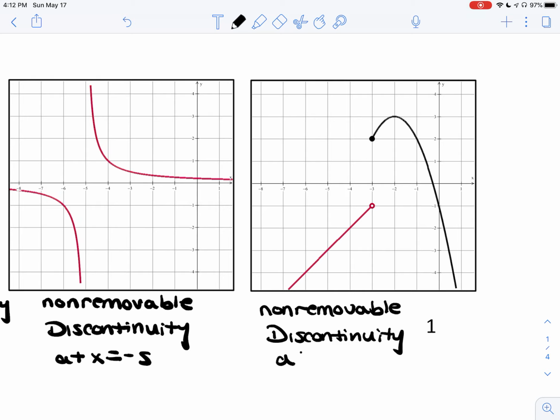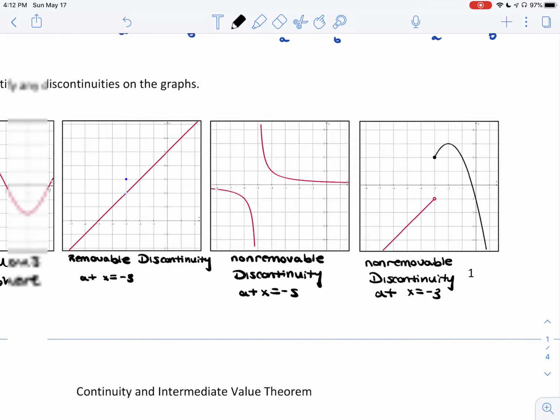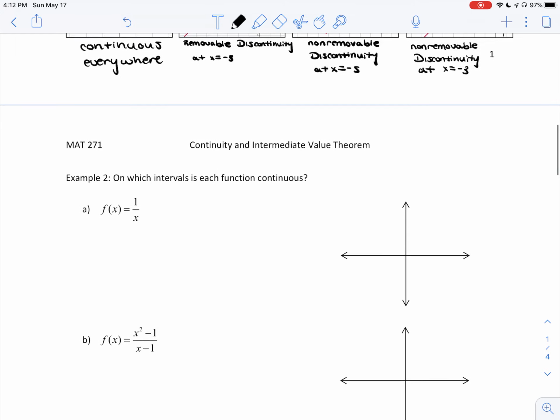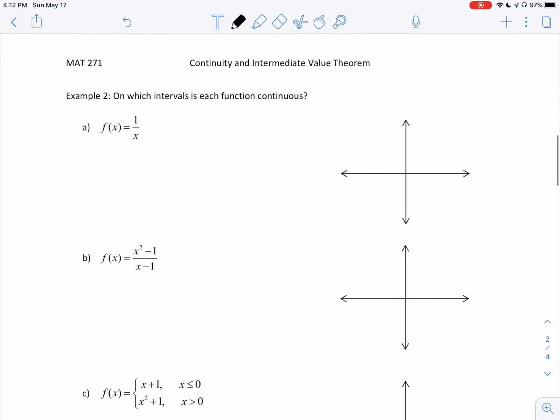And that's going to be at x equals -3. Okay, so those are our different types of discontinuities that we have. Let's go ahead and look at a few different equations and try and figure out from the equation where our function is continuous. All right, so our first one here, we have f of x equals 1 over x,